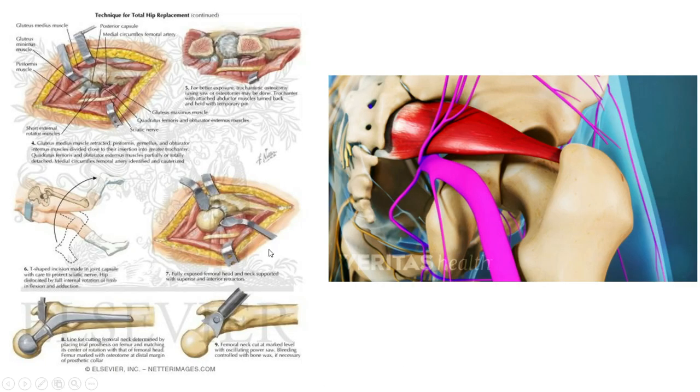Now, during prosthesis, we use the posterior approach, or any operation around the posterior aspect of the hip, like acetabular fracture operation, hip replacement, or proximal femur fracture operation. If we go to the posterior aspect, then the chance of sciatic nerve traction injury is maximum. So take care of the sciatic nerve.